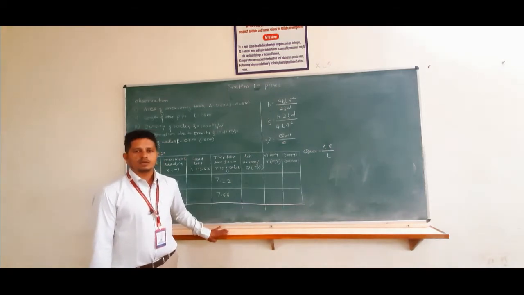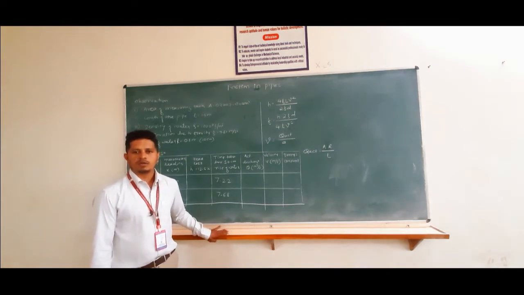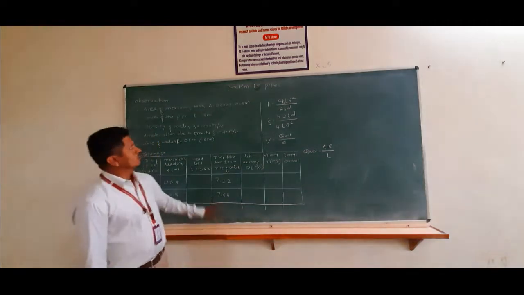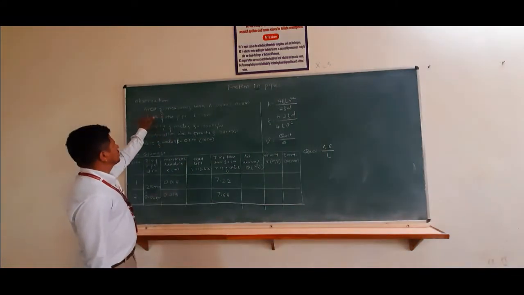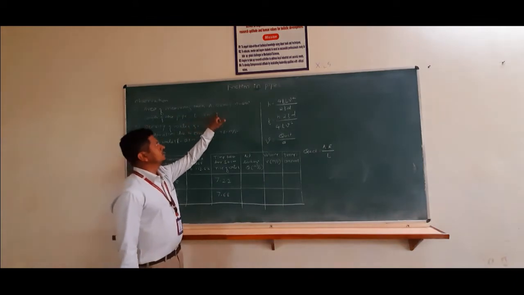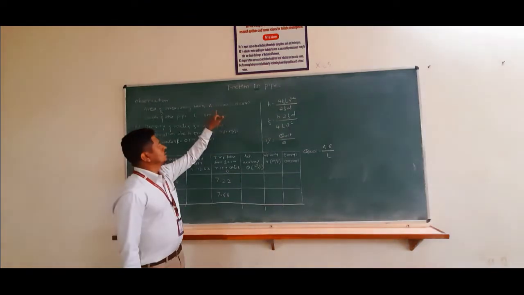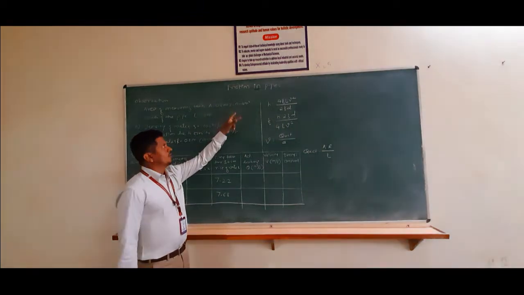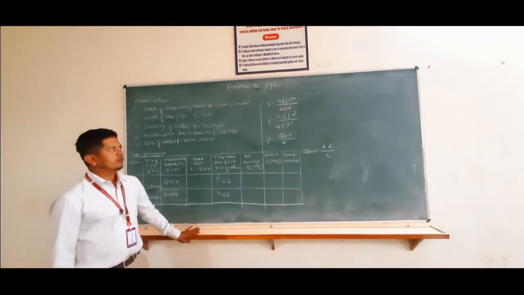So we have seen in the last video how to do the experimental work of the friction in pipe on 25 mm diameter pipe. So what are the observations we have taken from the experiment? The first observation is area of the measuring tank. That is, we have the measuring tank area is 200 into 300 mm. So I converted that one. So this is 0.2 into 0.3 m. Okay. After multiplication, we are going to get the answer is 0.06 meter square.